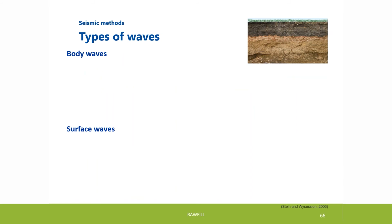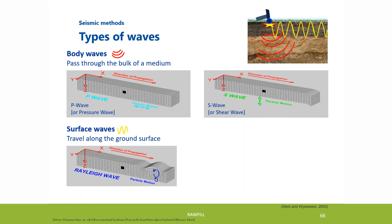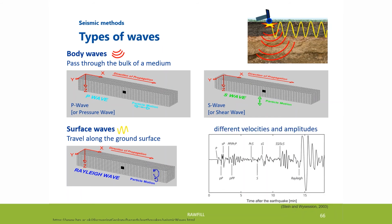There are two different types of seismic waves, which are called body waves and surface waves. Body waves, which can be further split into pressure and shear waves, travel through the bulk of a medium, and surface waves travel along the surface. The different wave types travel at different velocities and have different amplitudes, here illustrated with this seismogram, which was registered